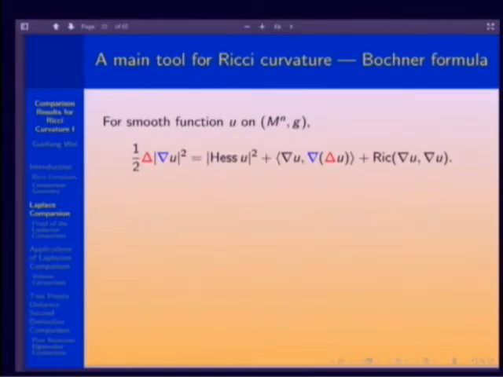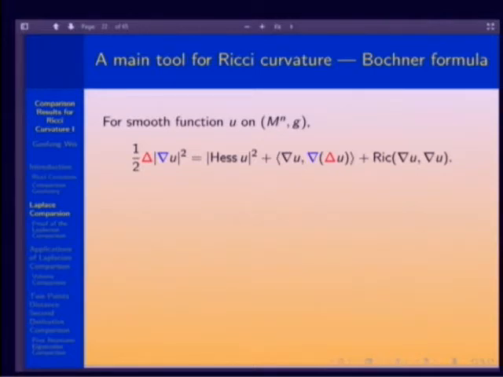So how does one prove this? I may go back to introduce really the fundamental equation for Ricci curvature, which is the Bochner formula. Another one which is equivalent. Basically it says that for any smooth function, as long as you can take a third derivative, you don't have to be special. For any function, namely if you take the Laplacian of the gradient of the function,